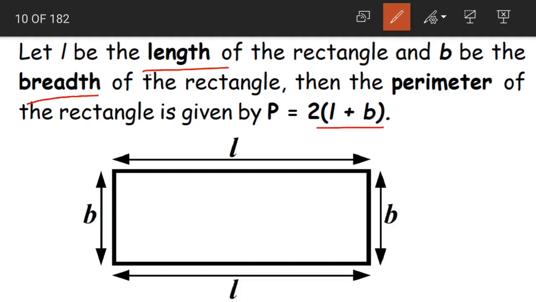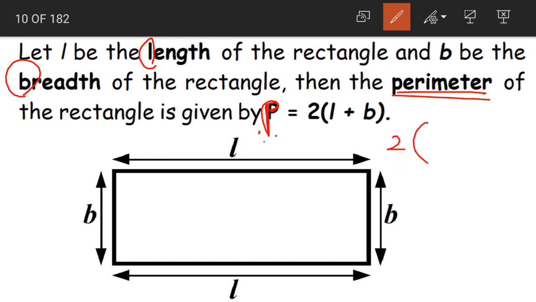So for our convenience, instead of writing the big word length, we will use the letter L to represent our length. It is called a short form, a nickname. We are giving it a nickname. Now when we say that the length is L and the breadth is B, the first letters of length and breadth, then the formula would be P is equal to, what is P? P is nothing but the perimeter here. So the perimeter is equal to 2 into